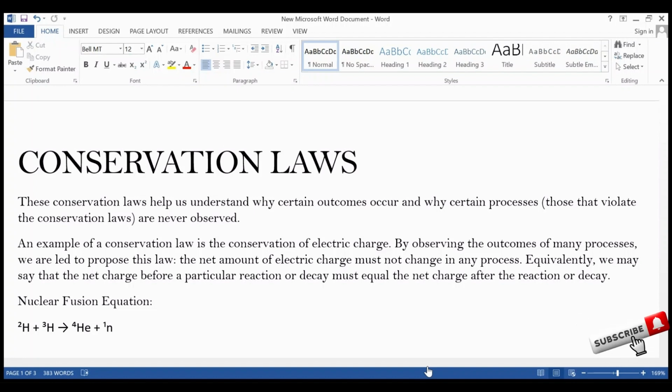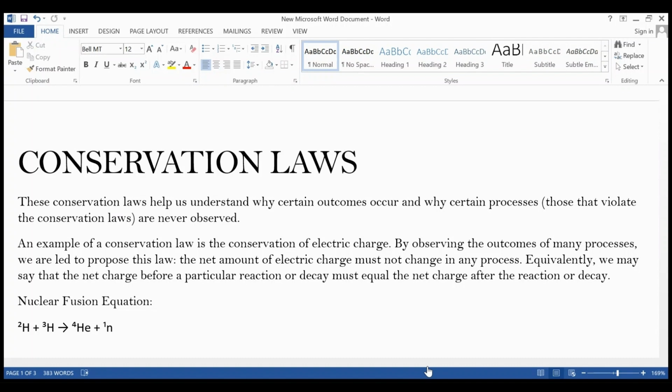In previous classes, we have studied the law of conservation of momentum, energy, and electric charge. Let's take an example of the law of conservation of electric charge. By observing the outcomes of many processes, we are able to propose this law. The net amount of electric charge must not change in any process. That is, the net charge before a particular reaction or decay must equal the net charge after the reaction